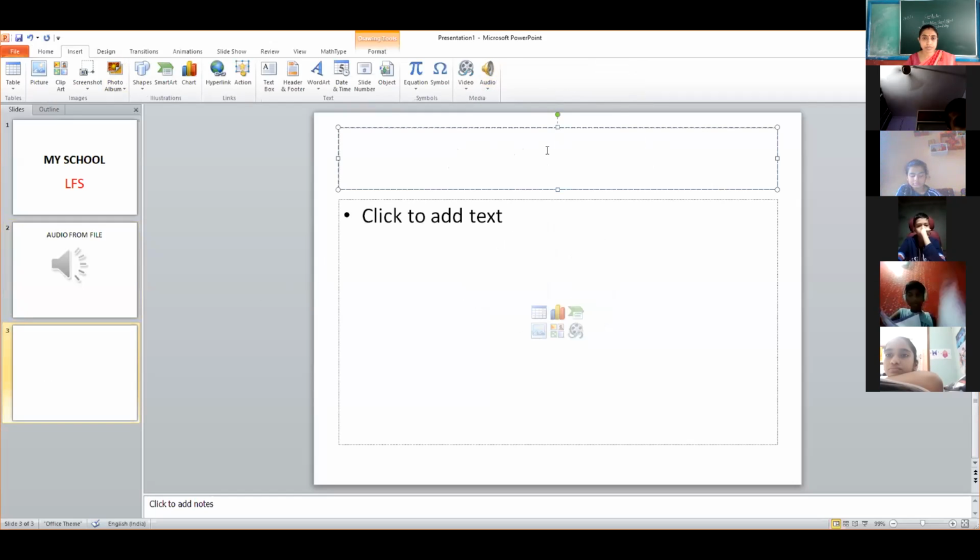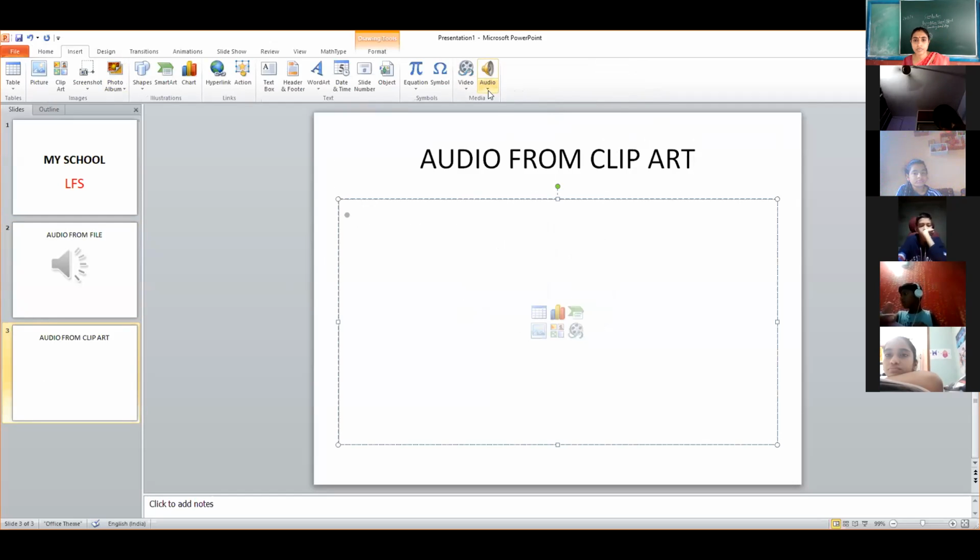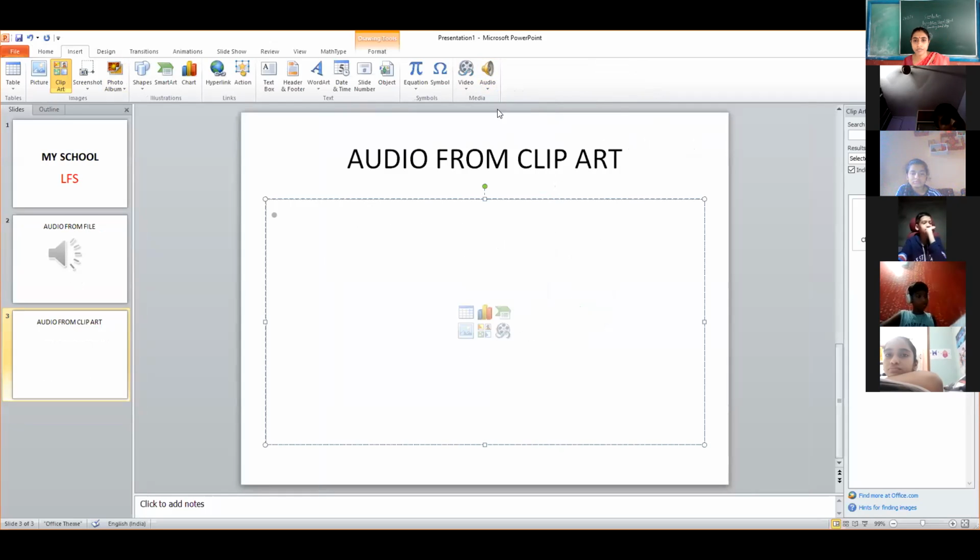Here I'm writing audio from clipart. Let's see whether any audio is there or not. Here we want to insert clipart audio.